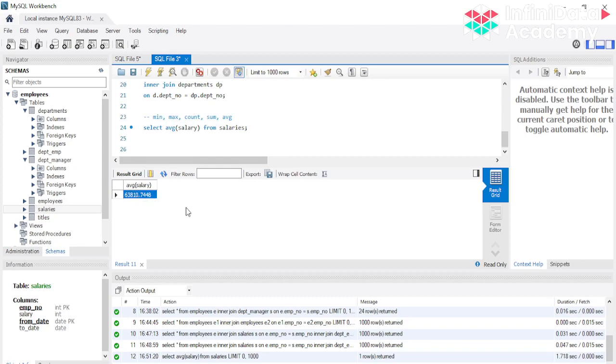But let's see, that's not very helpful, because the data in salaries is from a very old time to a very recent time.